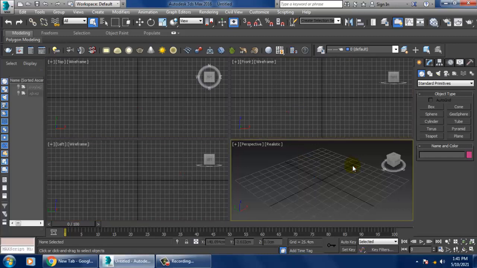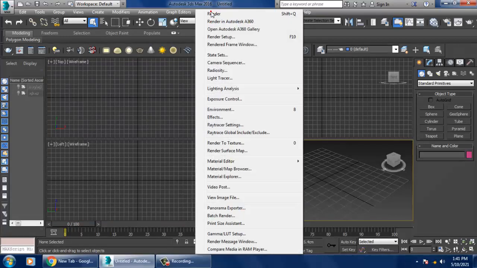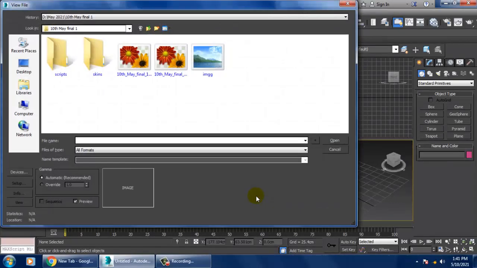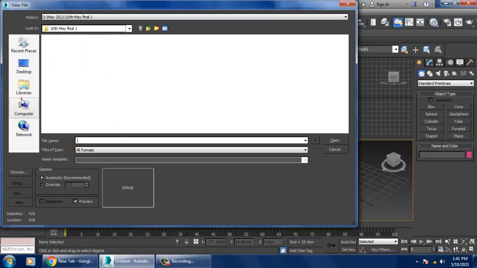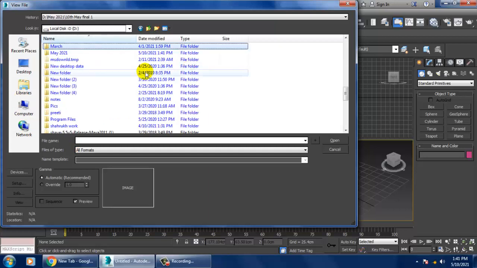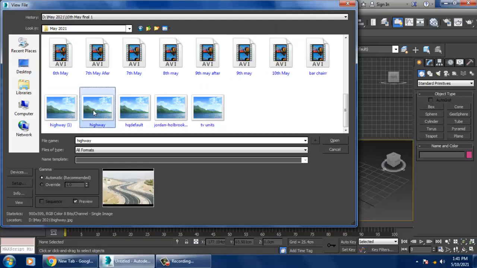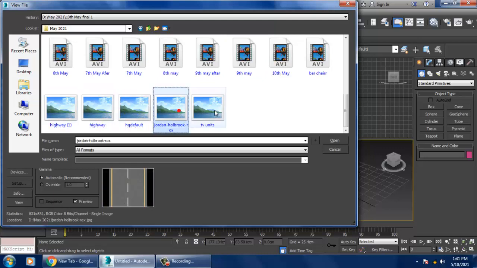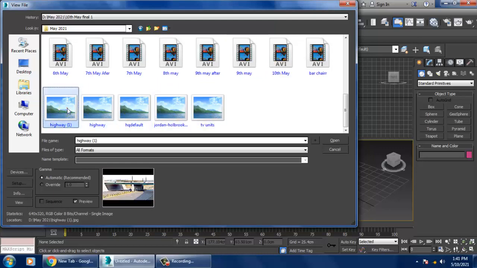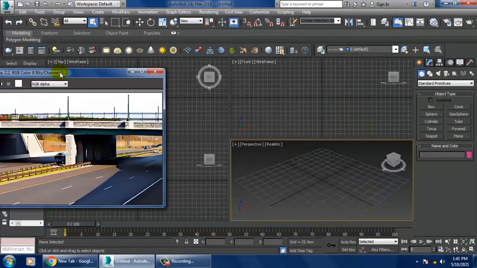So let's get started. Very first of all, let's go into rendering, view image file, and I have downloaded some references for a highway over here. I have taken a few references which we will be utilizing. This is one reference.